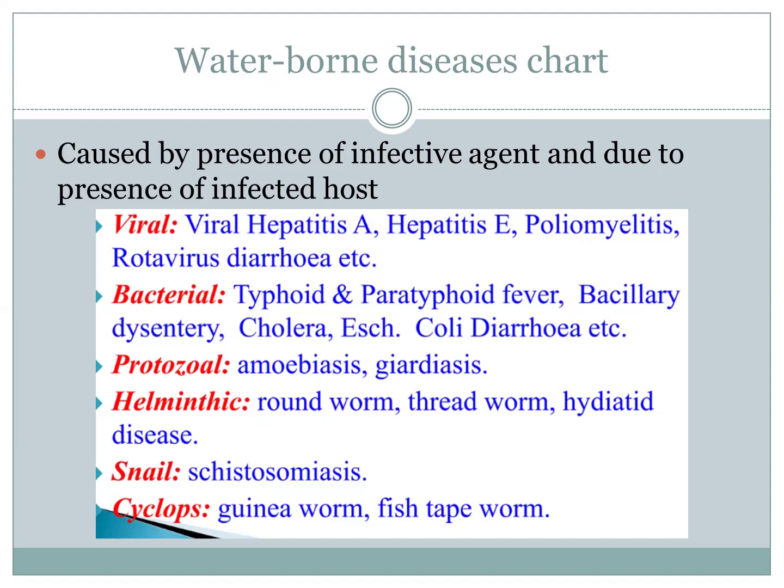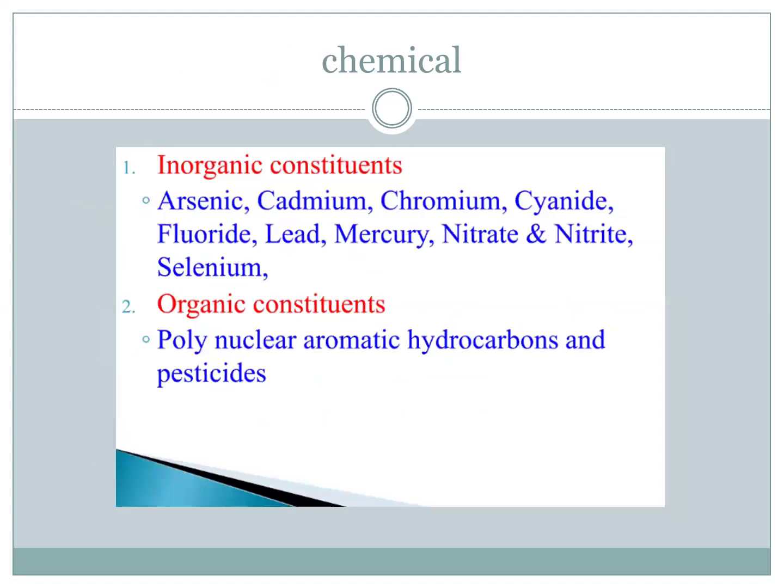Then there is the disease schistosomiasis, which is commonly found in snails which inhabit the freshwater resources, and it causes certain skin pathologies and other pathologies. Then there are fish worms and guinea worms. The chemical